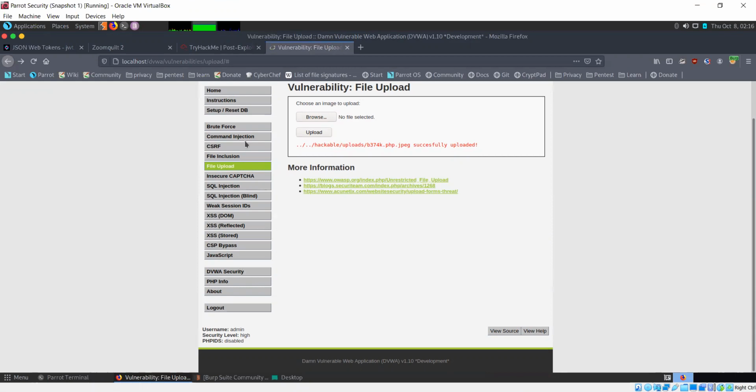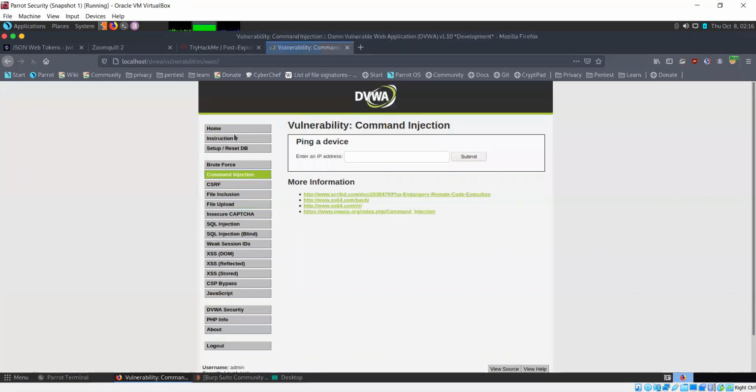But what we can do is go to the command injection part, and we can try to rename that file.